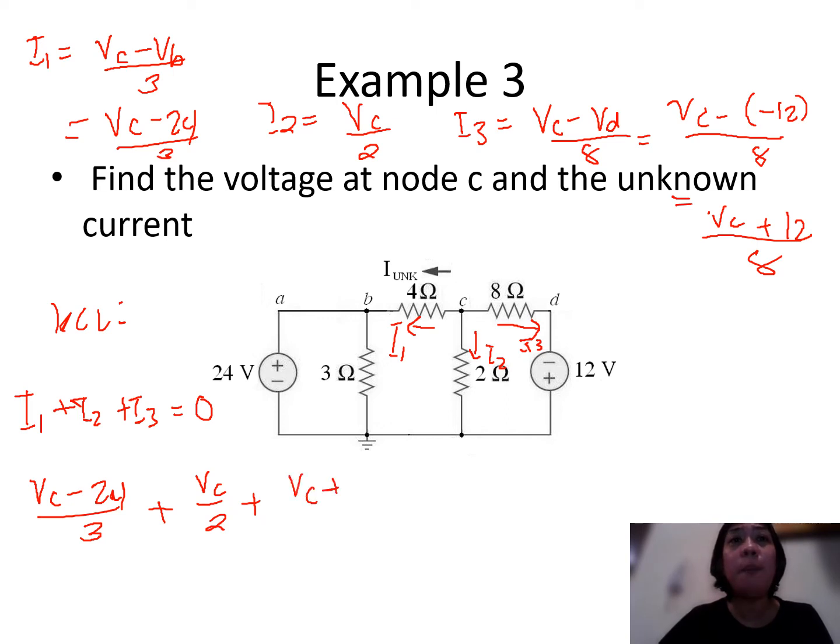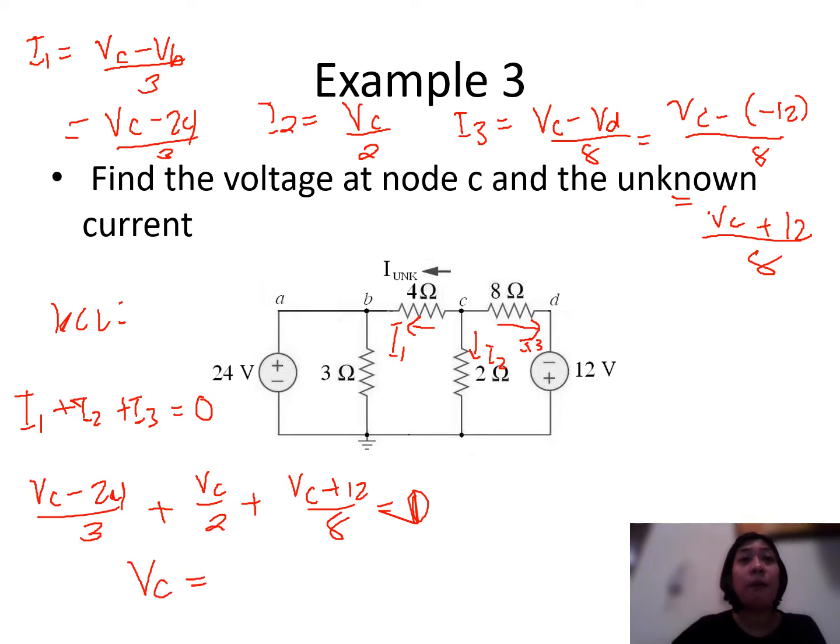I3 is VC plus 12 all over 8 is equal to 0. Okay, so we only have here one equation having one unknown, so we can easily solve for VC. So what is our VC there? Using your calculator, kindly solve. The answer there is 5.14